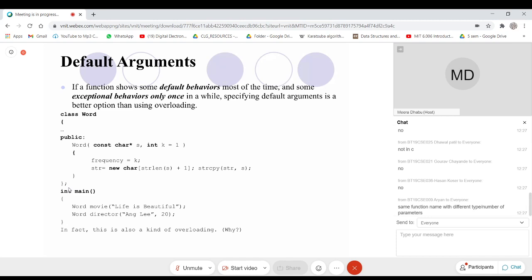Before going ahead, we need to understand what a default argument is. That is, if a function shows some default behavior most of the time, and some exceptional behavior only once in a while, it is always better to specify a default argument using overloading. So here there is an example of,